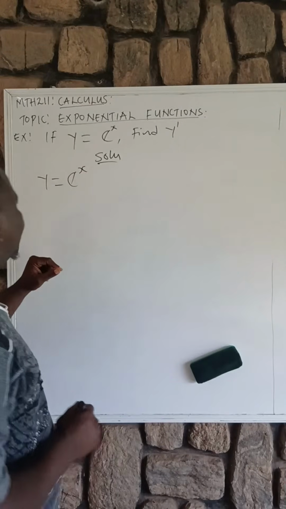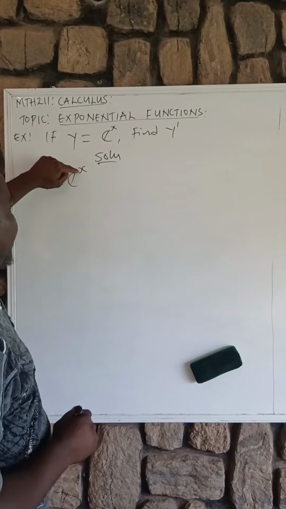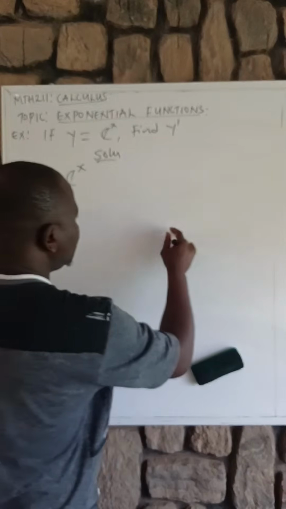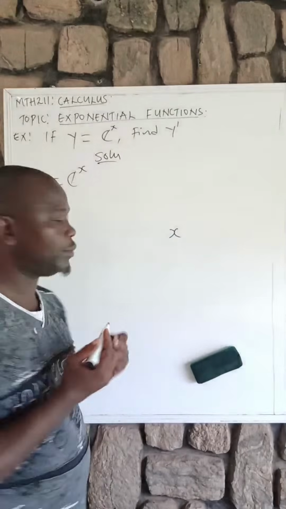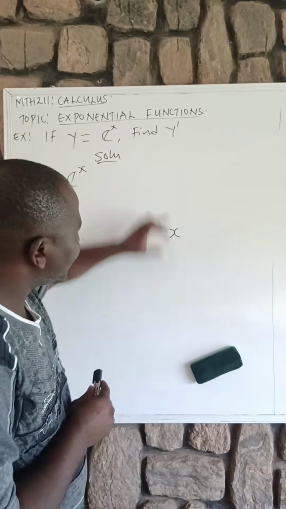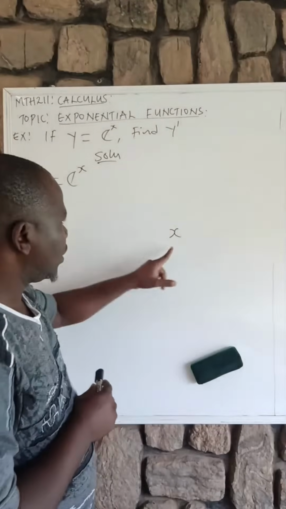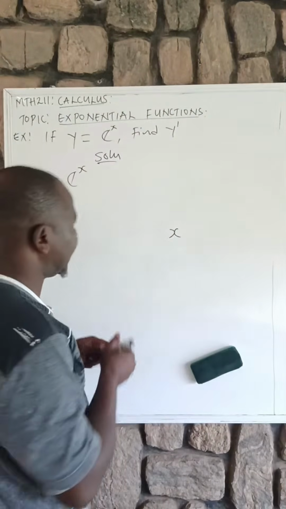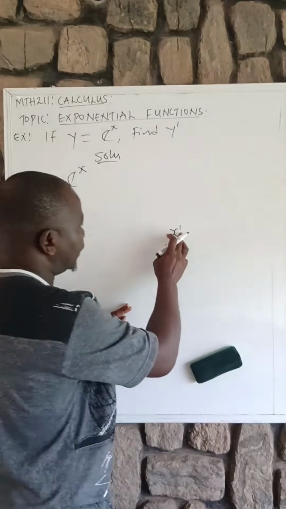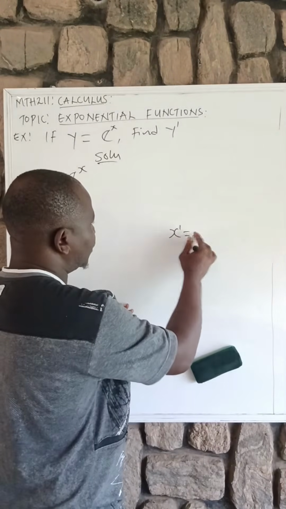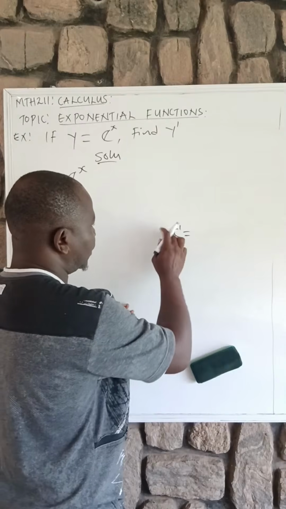Mathematically, what do you have here? x, right? So within you, write x aside. You differentiate what is here. If you differentiate x, note that we have an invisible one here, right? If you differentiate this x, you are going to use this one to multiply whatever that is here, true or